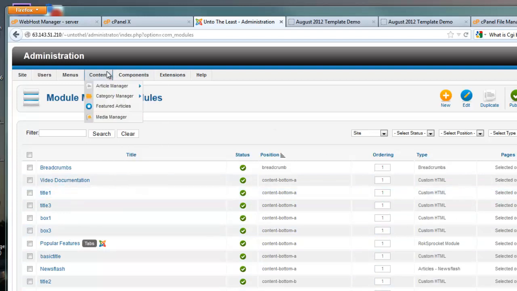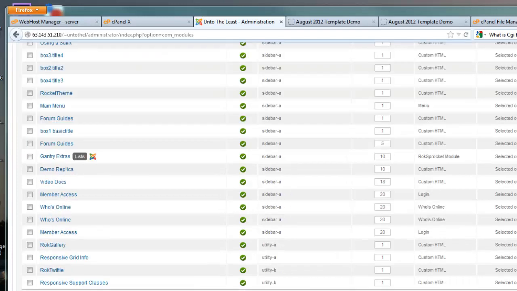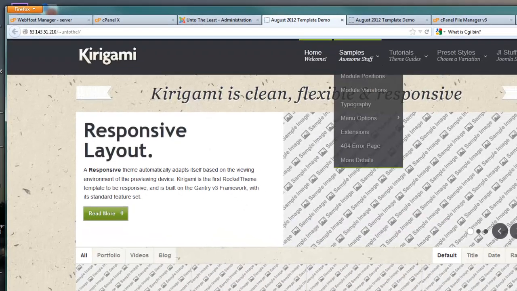You remember back here we were looking at articles, we were looking at menus. Well, here in the module manager, you are given the opportunity to place these items as well as many other types of items like login panels and search boxes and perhaps a box to show who's online. All of these different types of features that you normally see on a website are placed somewhere on